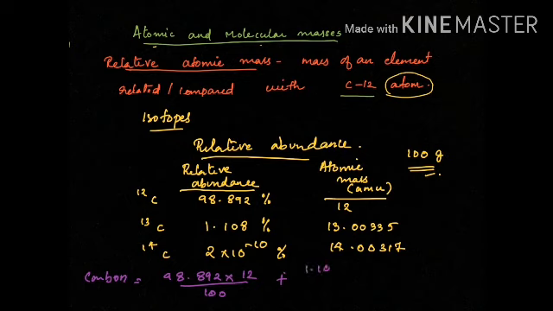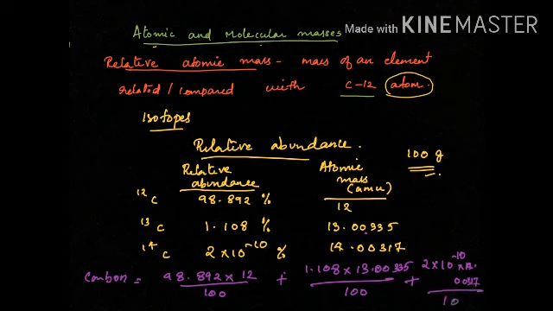Then 1.108 into 13.00335 divided by 100 plus 2 into 10 raised to minus 10 into 14.00317 divided by 100. So when you do the calculation, the final answer you will get is 12.01